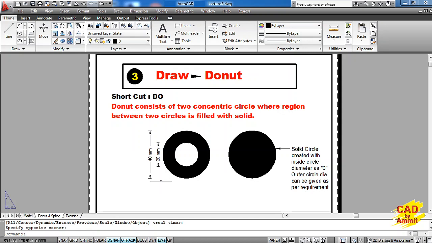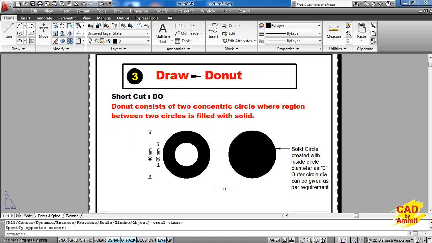Once we give these two parameters, the center of the donut will appear on the cursor asking for the center point location. I can give the center point location either by clicking with the mouse or I can even give Cartesian coordinates, and on the point that I specify, we get a donut.